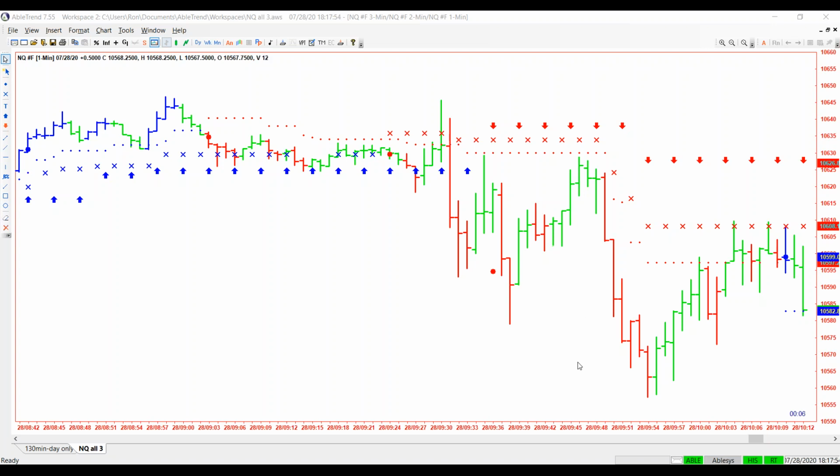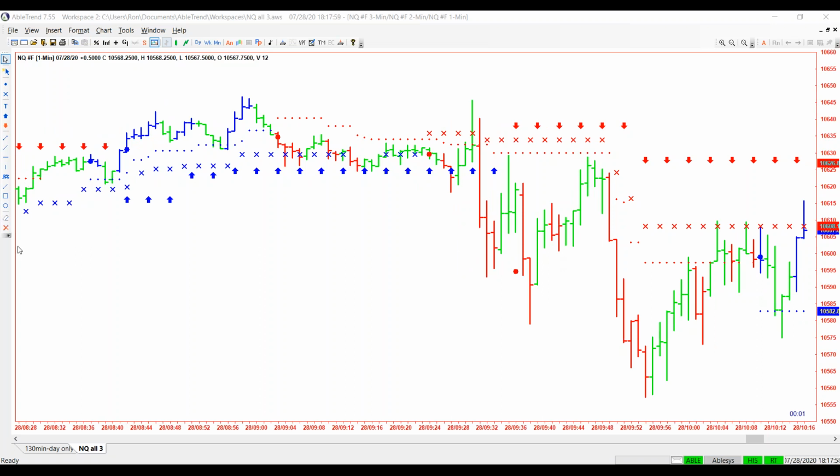And I talk to clients who trade millions of dollars with it. But what we're doing is we're looking for triple confirmation, just like I showed you before. Red bar, red dot, red cross. Okay. Now